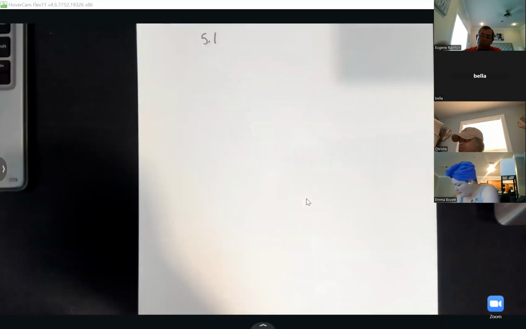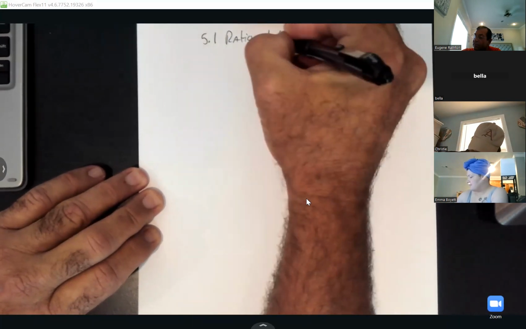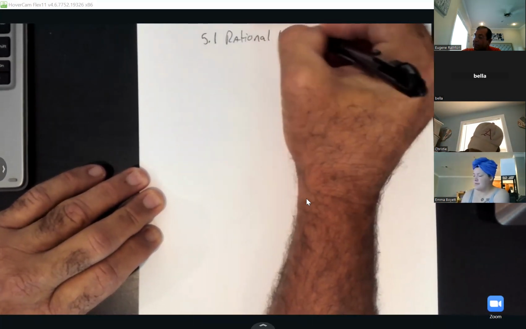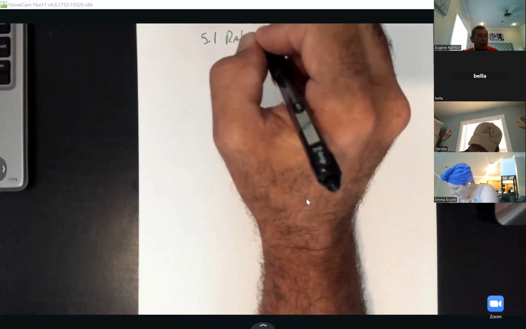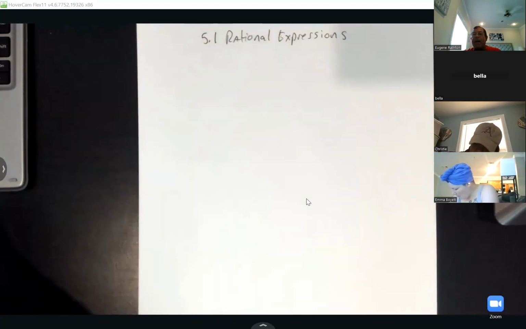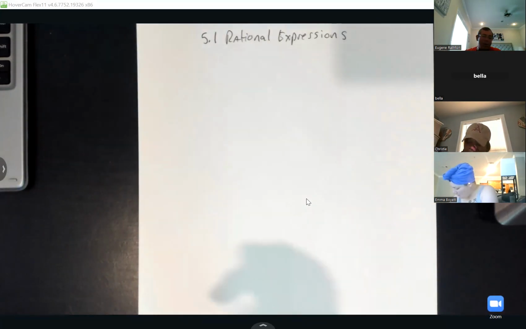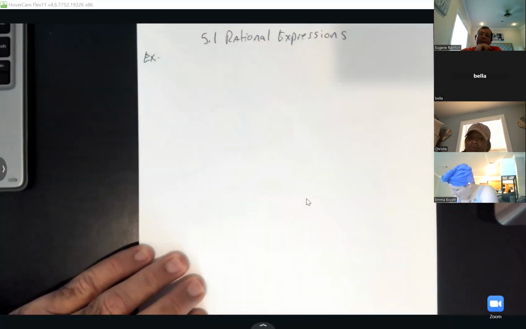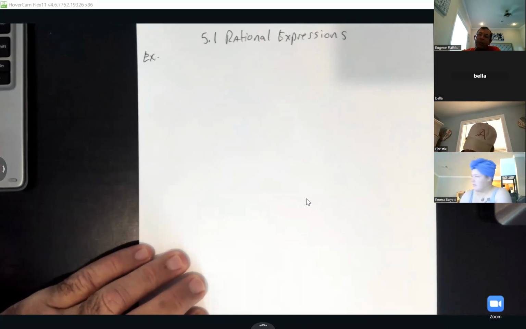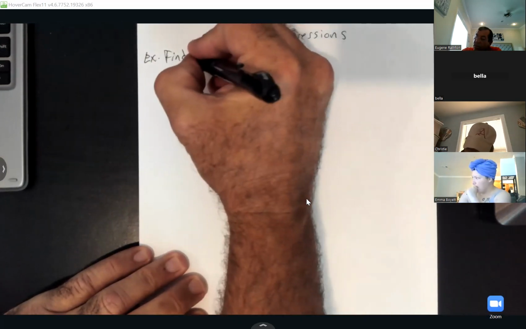All right, so 5.1 deals with rational expressions. And then when we do 8.5, it actually deals with rational functions. So pretty much the same topic. So the first couple examples in 5.1, they want you to find all numbers